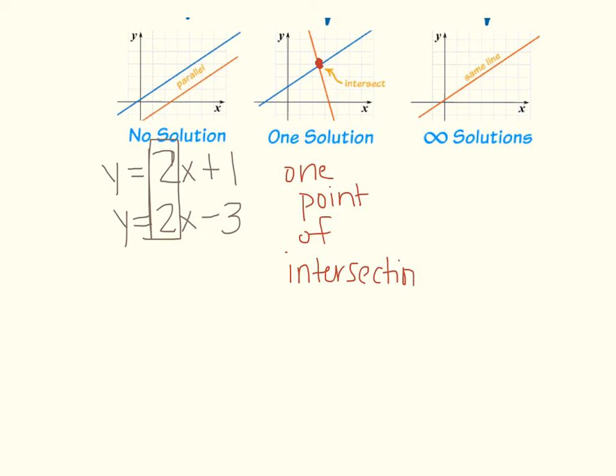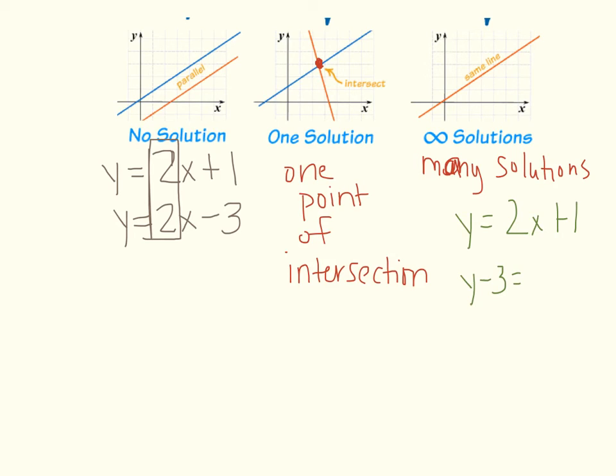Okay, the last one is infinite solutions. That's the infinity sign. Something we've also said before is many solutions. Many solutions is where the two equations are the same exact line. So an example would be like y equals 2x plus 1 and y minus 3